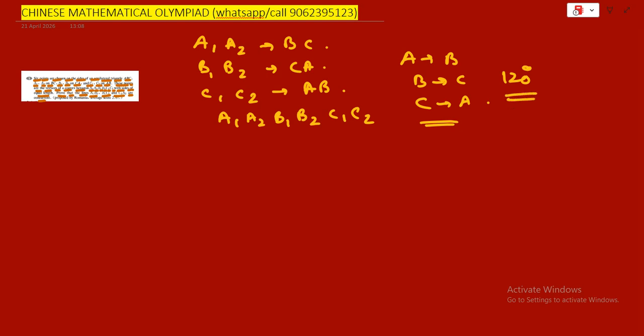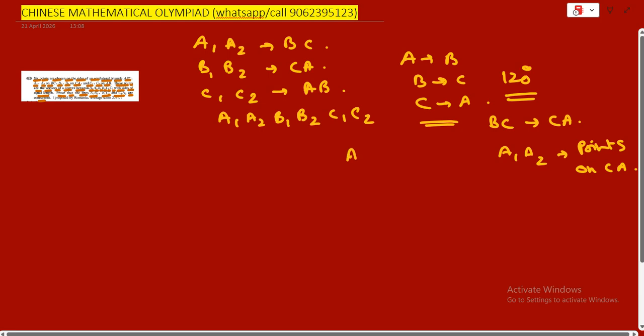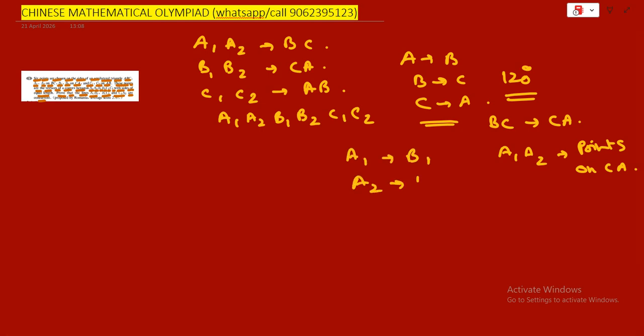Then what happens? Side BC becomes CA. So A1, A2 will be points on CA, and that means A1 goes to B1 and A2 goes to B2. Similarly,